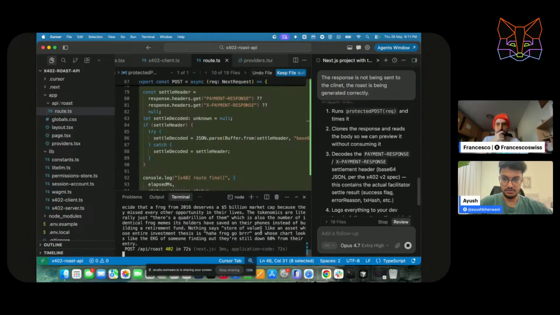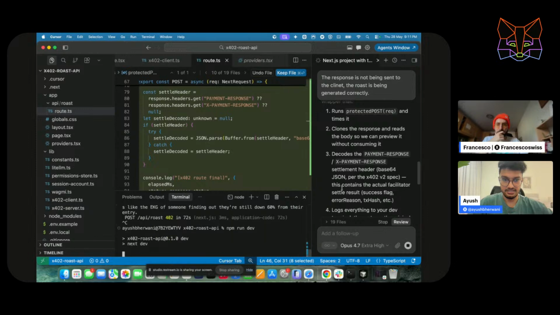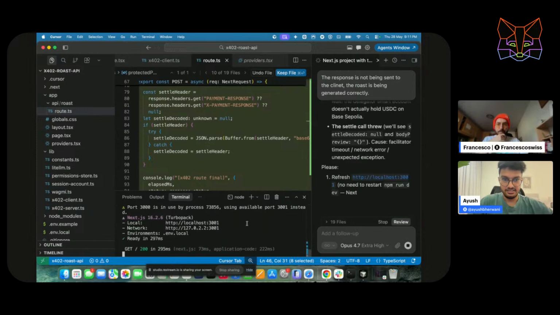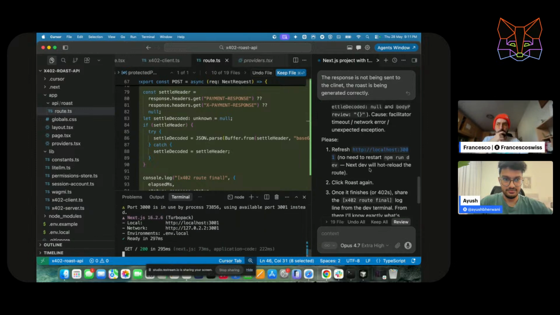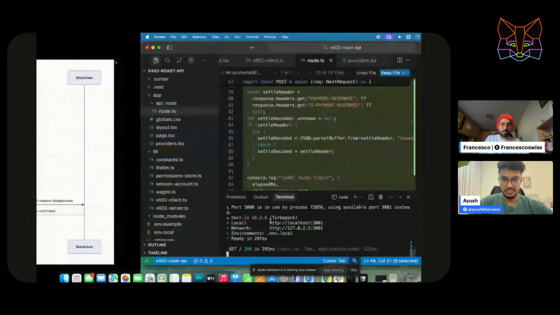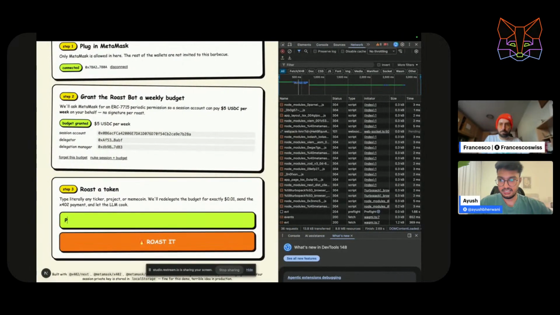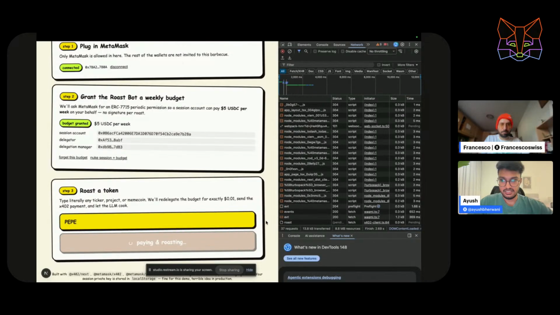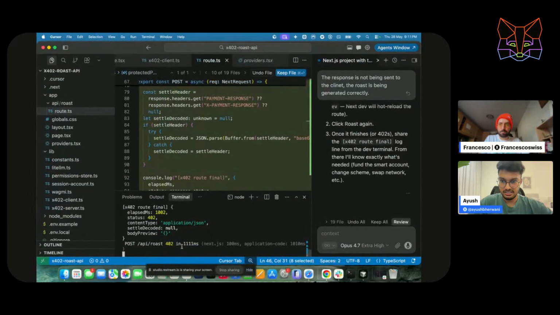Okay, let's try to run it again. Are you seeing it restarting? Yeah, so we'll see what issues we are getting, where it is failing. Slow, fetching puppet token.